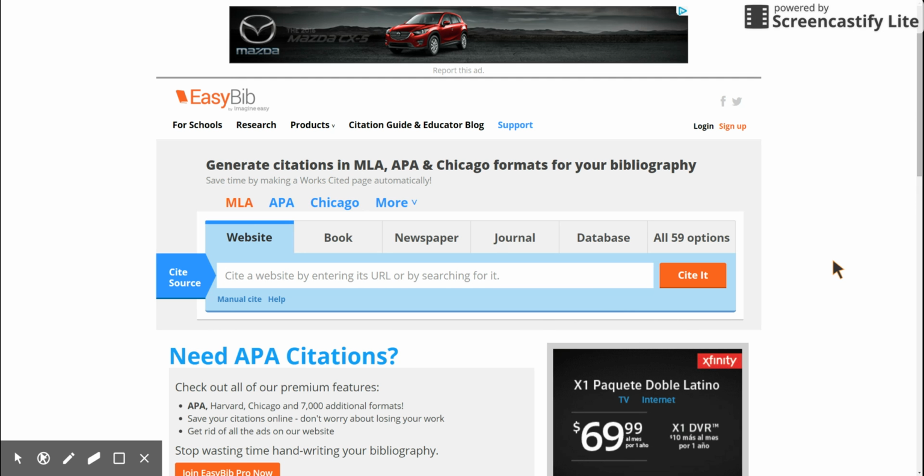So step one for Easybib is that you do not start entering information at this screen. This is the free version of Easybib, and you are able to enter information and it will generate a list. The problem is, if you do not log in, it will not save anything that you've done, and that will defeat the purpose of using the program. So your first step is to go to